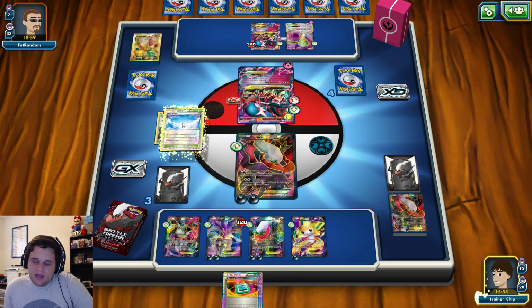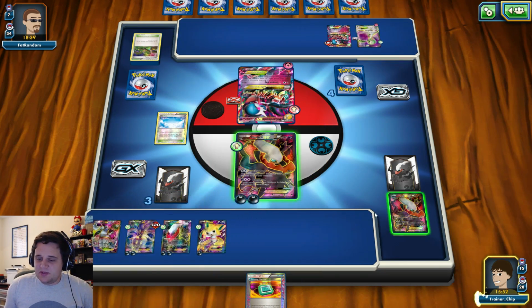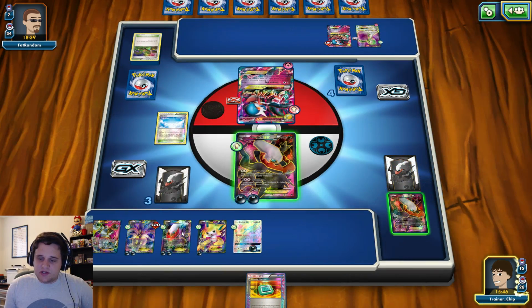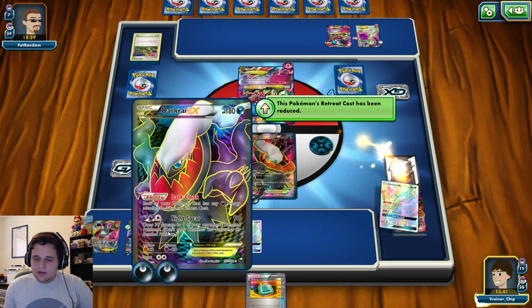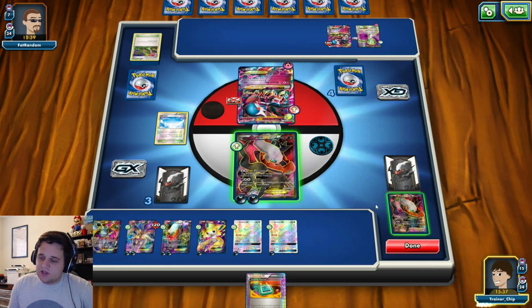Yeah, feels kind of bad, but I think we need to go ahead and play it. That's 2 more turns we have to wait to potentially top deck out. We'll go ahead and Restoration, just do a little bit more damage so that we can easier take knockouts with Darkrai's Night Spear, excuse me. So next turn we actually could potentially...